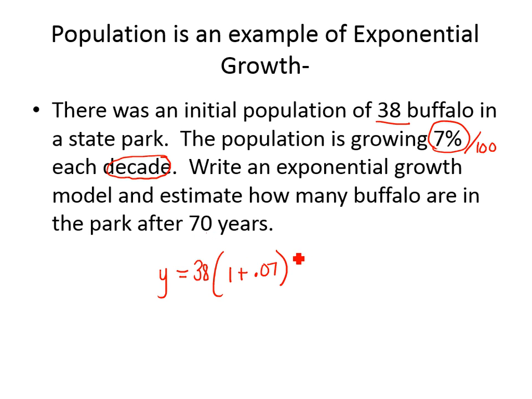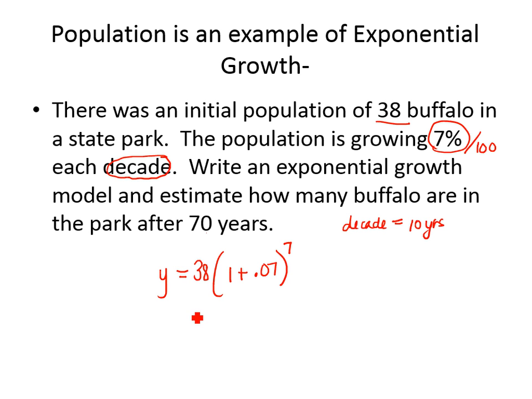Now, many of you want to put 70 years here, but I'm talking about a growth per decade. And a decade is equal to 10 years. So how many decades are happening in 70 years? Well, that's 7 decades, because 70 divided by 10 would be 7 decades. So now I'm going to put that in my calculator. 38 parentheses 1 plus 0.07 to the power of 7. And I'm going to get